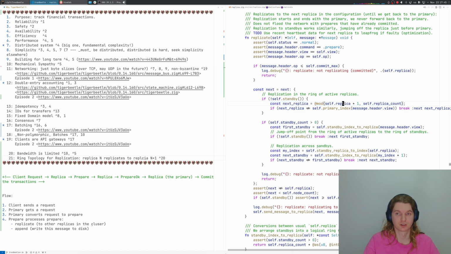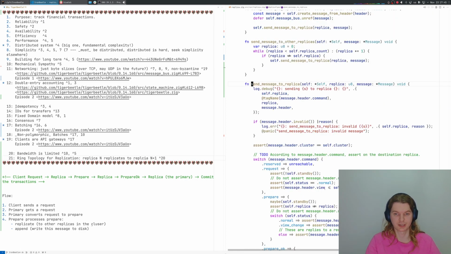So we take our index, we add one, and we check if that replica is the primary. So the primary starts this chain, and once we get back to the primary, the chain breaks. But otherwise, we go and send message to this next replica,